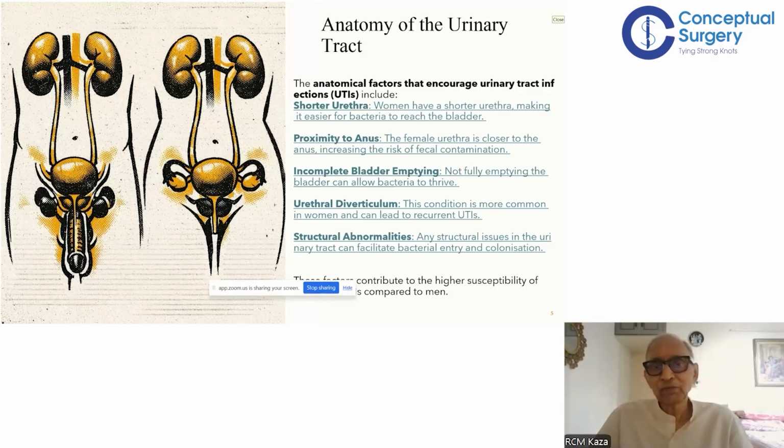The next thing is about incomplete bladder emptying. We often see this in association with enlarged prostate and post-prostatic residual volume, post-void residual volume, right? And if you have a post-void residual volume, that tends to get infected and results finally in a persistent urinary tract infection. And if you have certain congenital defects like urethral diverticulum, quite often in female urethra and